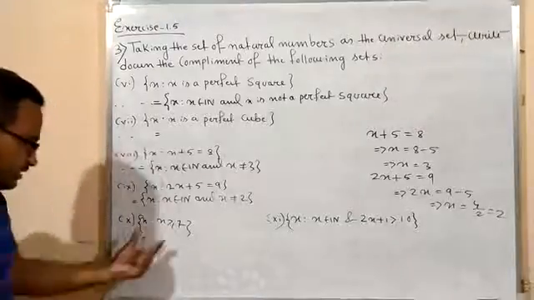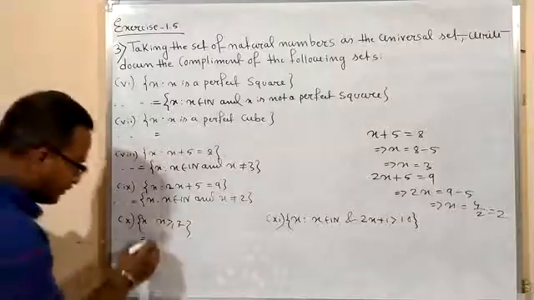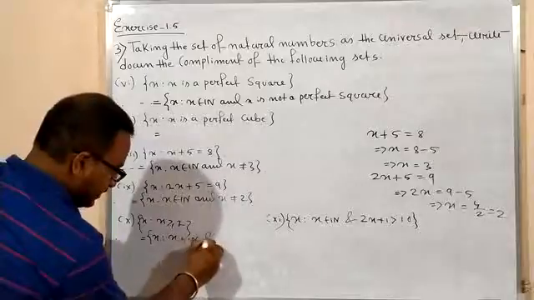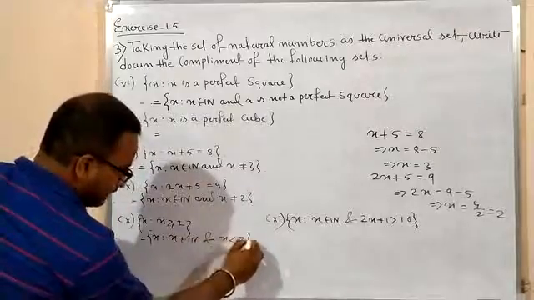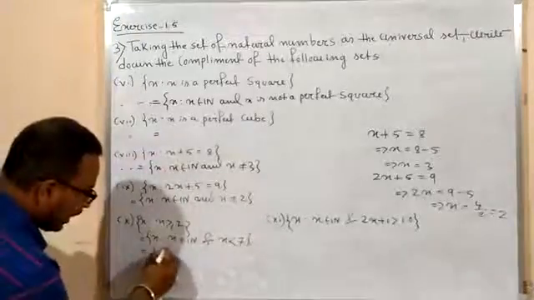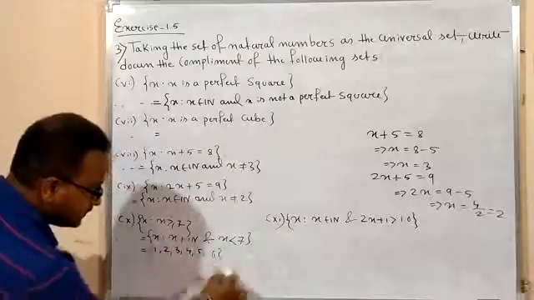And again it is also easy. It is a collection of all natural numbers which is greater than or equal to 7. So you have to write the collection of all x such that x belongs to N and x is strictly less than 7. That means 1, 2, 3, 4, 5, 6. Or you can write it like that. 1, 2, 3, 4, 5, 6. This is also easy. Correct.